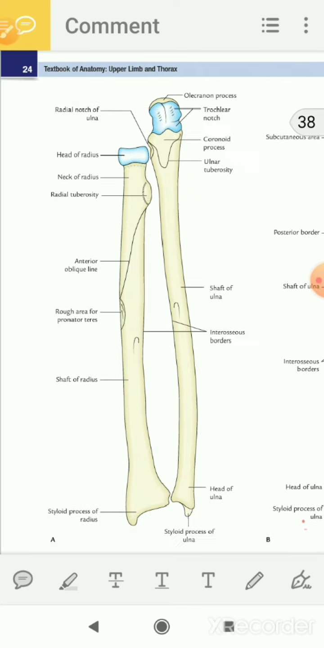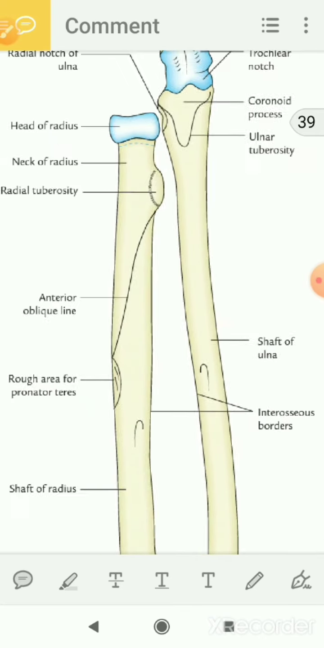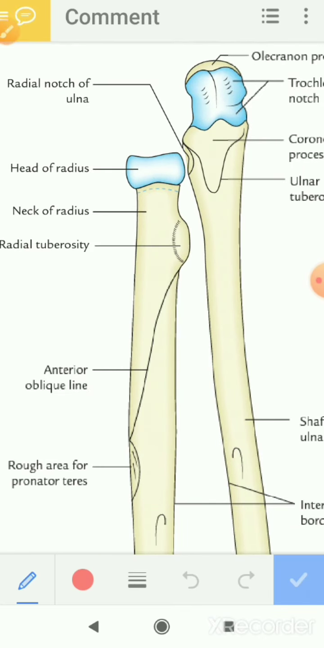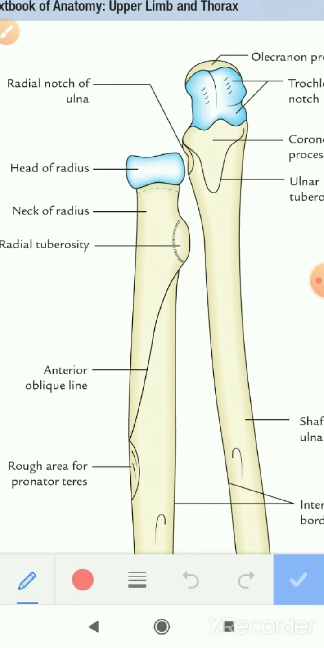Now come to the upper end. What are the parts in the upper end? There is the head, neck, and radial tuberosity. Now come to the head. The head is disc shaped and covered by hyaline cartilage, and it articulates with the capitulum of the humerus